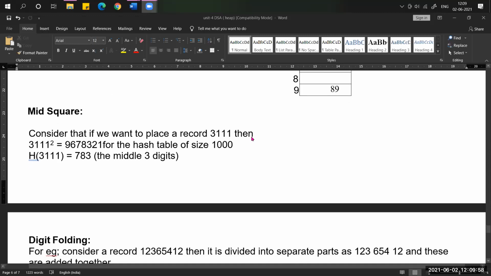Mid square in the sense, for example, if you take 3,111, we need to square it. After squaring, for example, the hash table is 1000, then we need to select 3 digits as the index number. That's why the middle 3 digits, 783. In the square, we need to take the middle terms 783. At that location, we need to store 3,111.